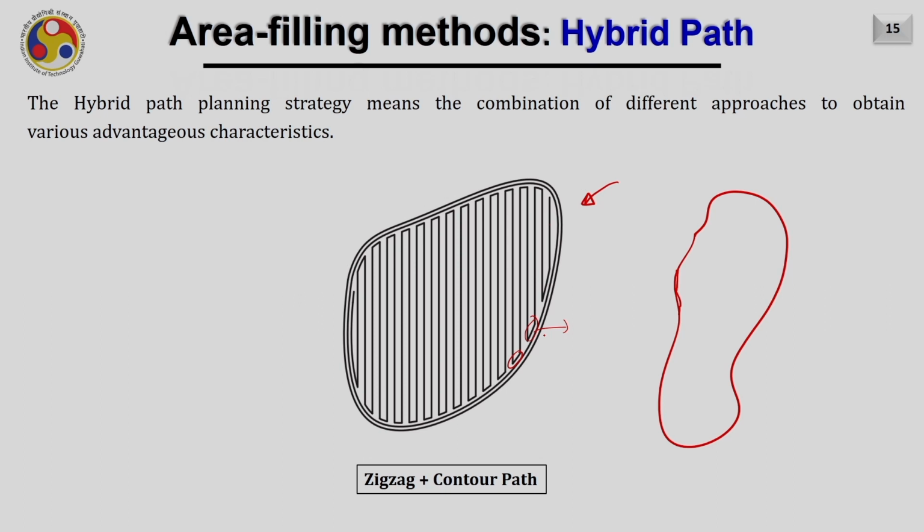Therefore, the outer profile will not remain as good as we required. So, what can we do? We can deposit a few lines from outside by utilizing the contour parallel, and the inside we can fill by the zigzag area filling. However, if I use contour parallel all the time, we know that it may leave some cavities behind. So, a combination of zigzag as well as contour parallel gives us the best option. In a similar fashion, you can use the combination of any two tool paths to obtain the hybrid path.